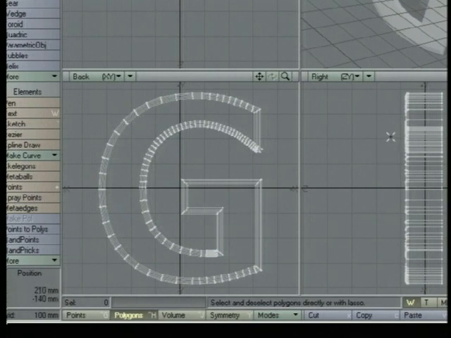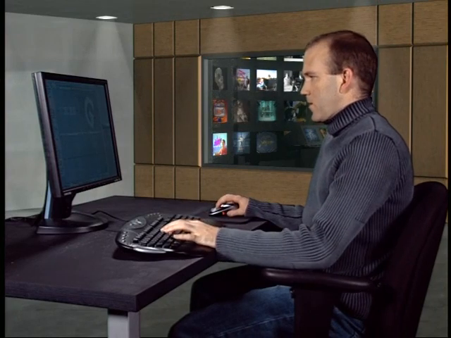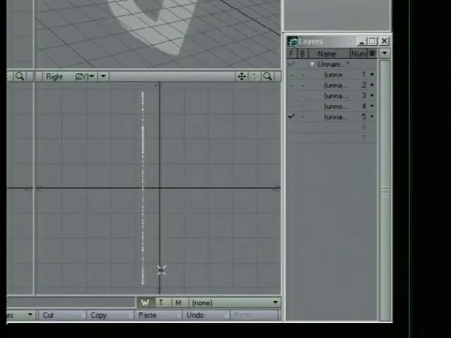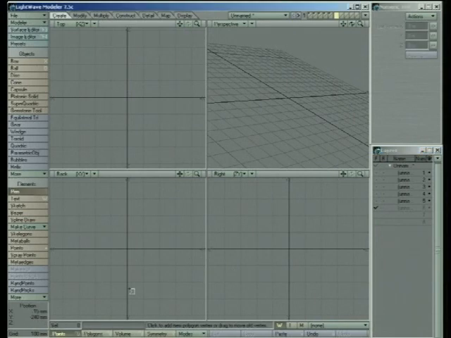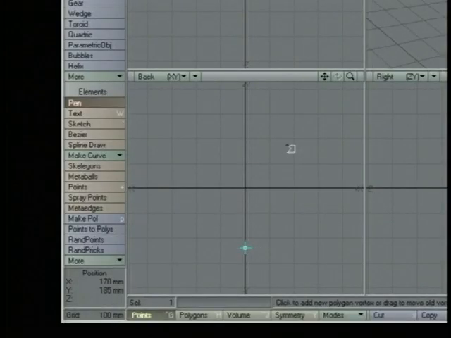Well, you can use a tool that doesn't get used as much as it should. It's called rail bevel. In this case, I'm going to put a G in there. In this case, we don't want the extrusion because of the way rail bevel works. So we'll select the face, select everybody else, get rid of them. We just have this. The way rail bevel works is by taking a background layer. We'll use the pen tool, and we'll start here on the x-axis. Imagine that your type goes off this way. This is one face of your type. This is going to be an extrusion out here, a bevel. It's a profile. So we'll just add some points like this,